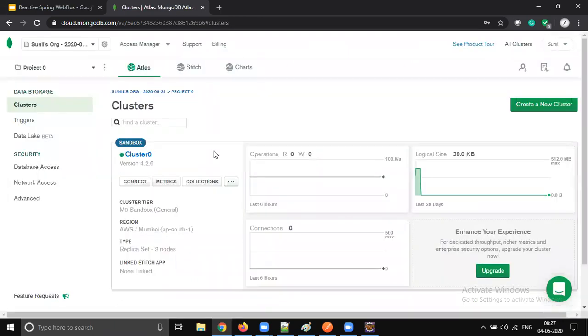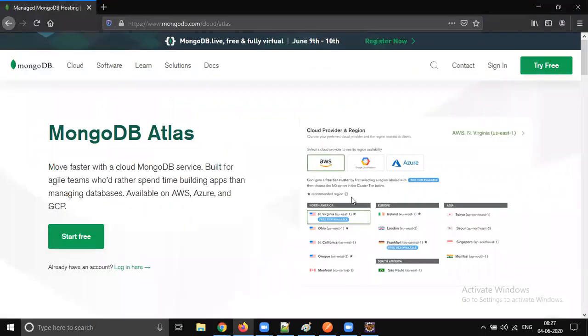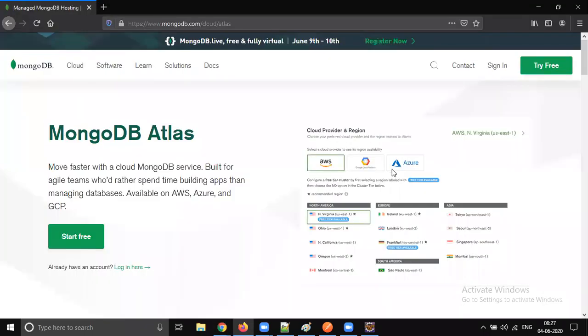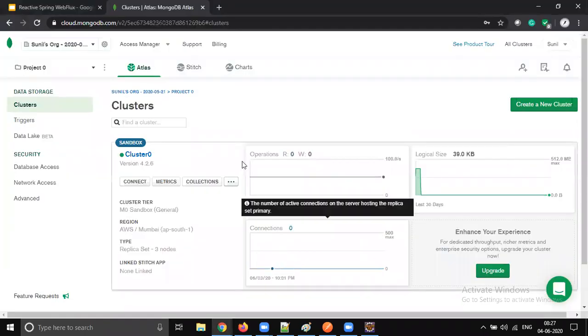for your credit card details. That is one good thing I really like about MongoDB. It won't ask you for the credit card. But if you go directly to a cloud provider, AWS or Google or Azure, and install MongoDB there, they will collect credit card details. So let's not do that. Don't give your credit card details to anyone, including AWS, Google Cloud, or Azure, unless it is really mandatory.